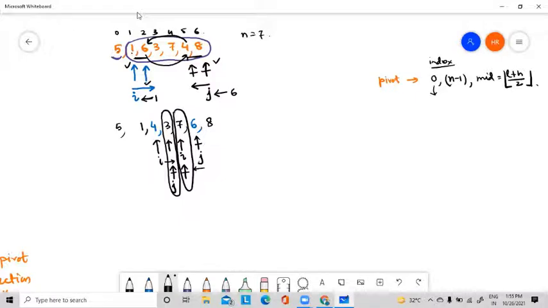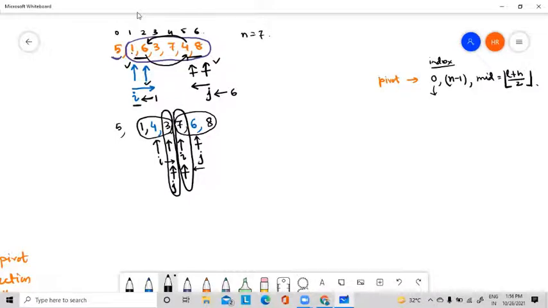Now see, in this side, all the elements which are smaller than pivot, they may not be sorted. In this side, all the elements which are greater than pivot, they may not be sorted. So it means now I have already reached my goal. How can I know that I have already reached my goal? By looking at the I and J variables. See, in this position, I and J crossed each other. So far, I is always smaller than J.